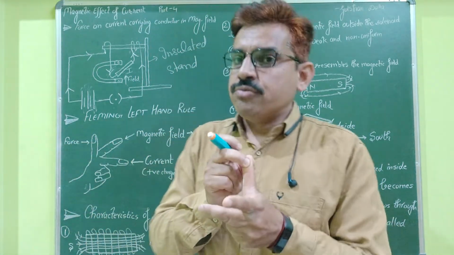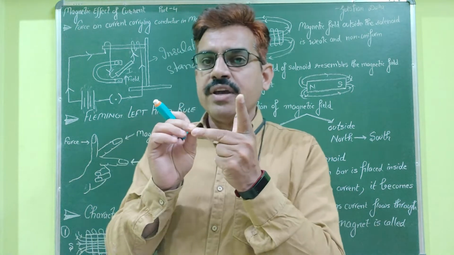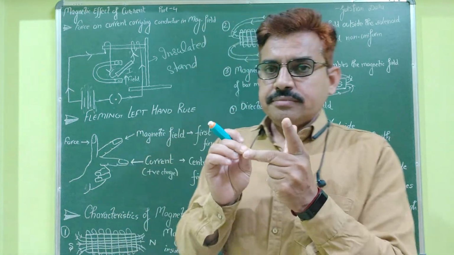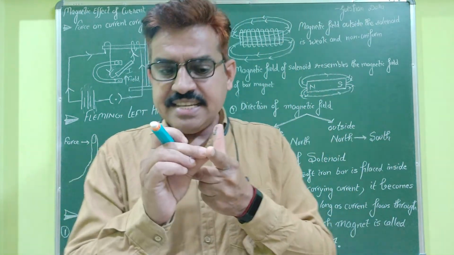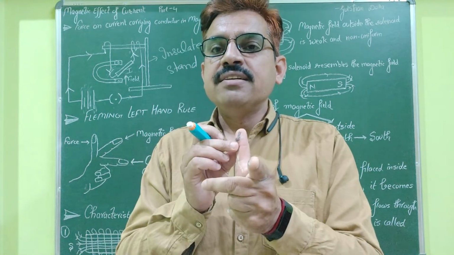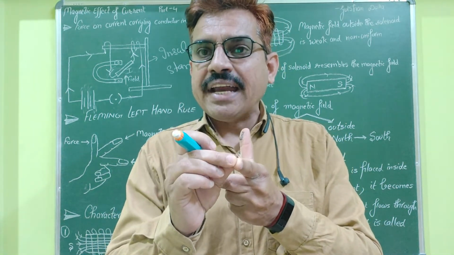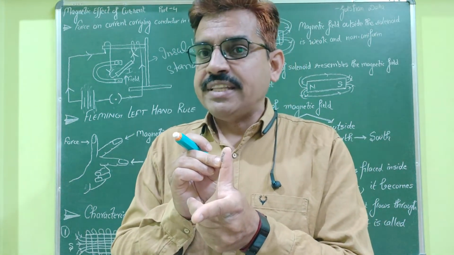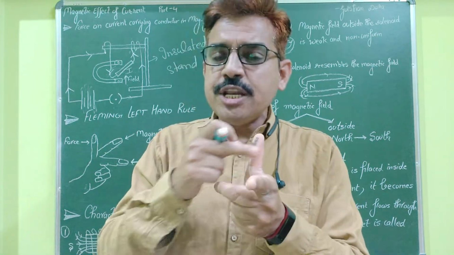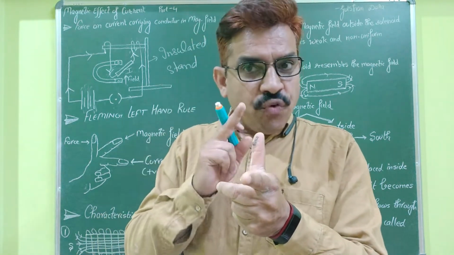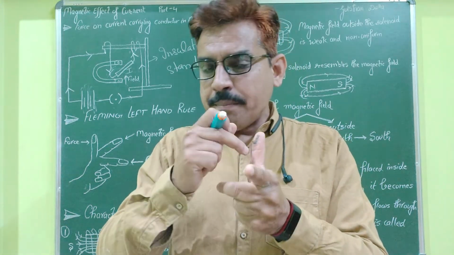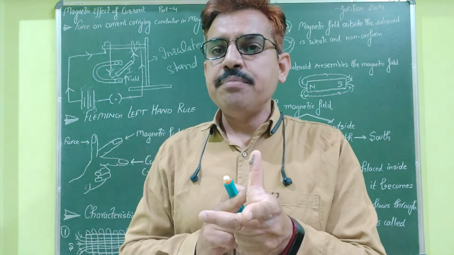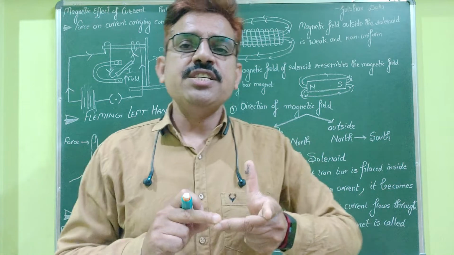So what is the Fleming left hand rule? If the central finger is along the direction of the current, along the direction in which the positive charge is moving, and the first finger is the direction of the magnetic field, then the thumb gives the direction of the force experienced by the charge particle. Since they are mutually perpendicular, the force will be maximum, and it will again be perpendicular to these two quantities. So this is known as the Fleming left hand rule.